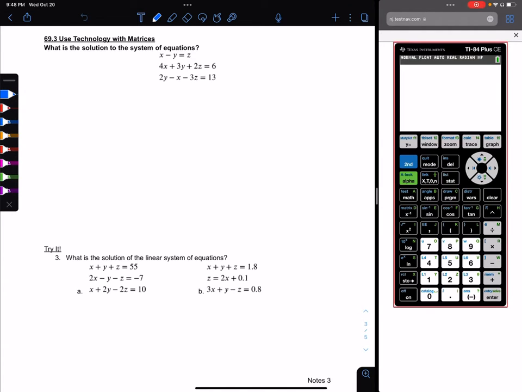In this video, we're going to look at 69.3, or topic 69, section 3, example 3, but we're going to use technology with matrices. So we're going to be given a system of equations, and we're going to take that system, plug it into a TI-84 calculator in this case, and use reduced row echelon form to find the solutions. It's kind of a four-step process, but the first thing we want to do is we want to have this